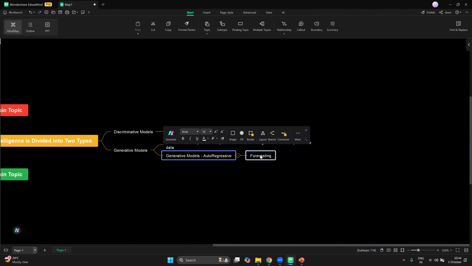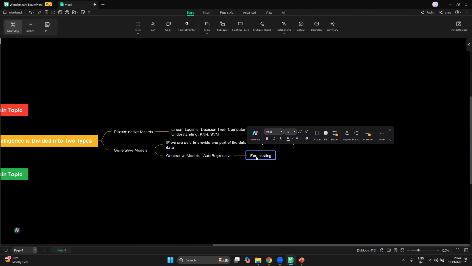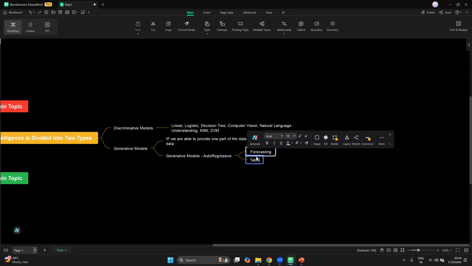Now, this forecasting that we are doing is purely on tabular data. There is nothing like unstructured data like images, or video, or audio, or text. So we are trying to generate the data with the help of our regular